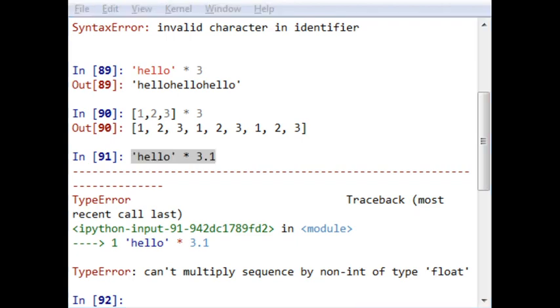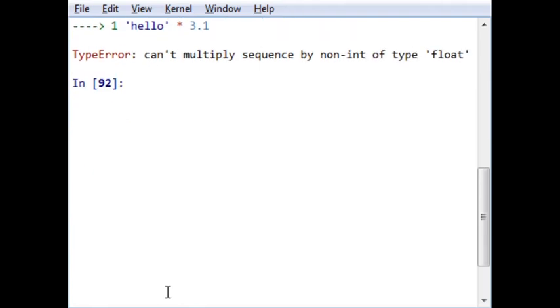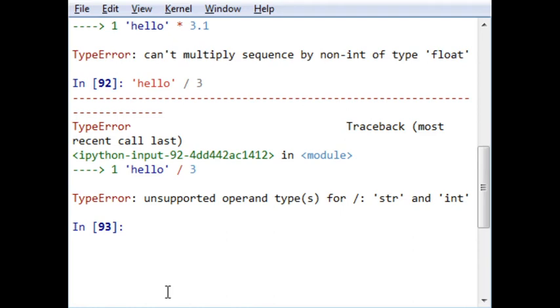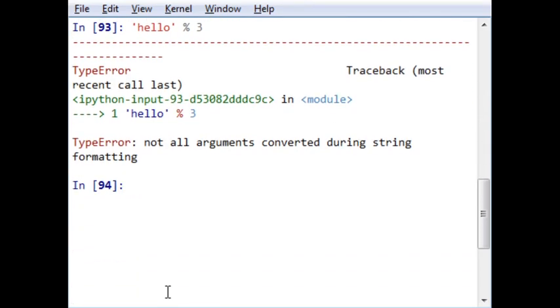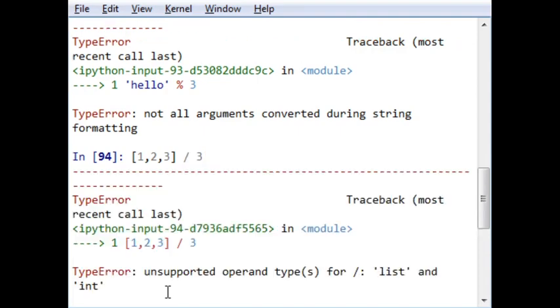In a similar manner, as I have already shown you earlier, the division operator also does not work on hello. It will show me an error. In the similar manner, the quotient operator will also show an error. Let us say this is about strings, but will it work on a list?